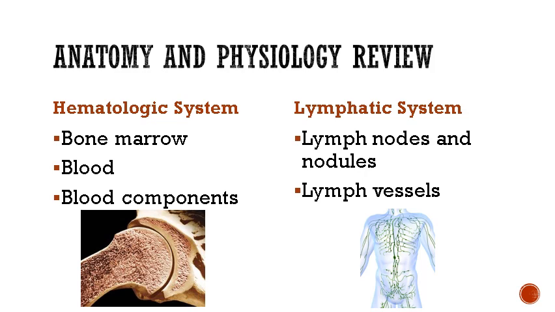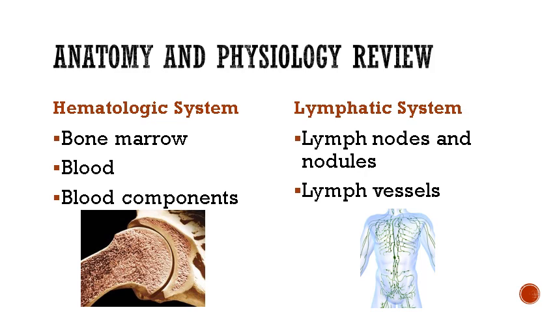And those are all part of the hematologic system, okay? Blood components are things like plasma, red blood cells, white blood cells, and platelets. So those are components of the blood that we're going to look at specifically and how those change with different